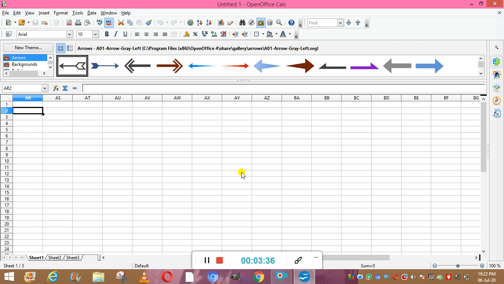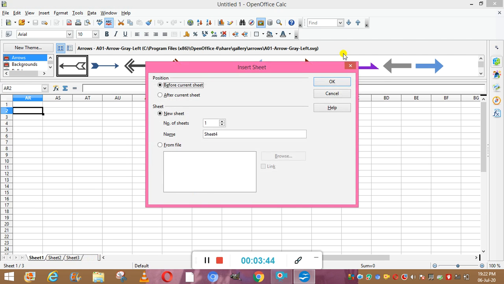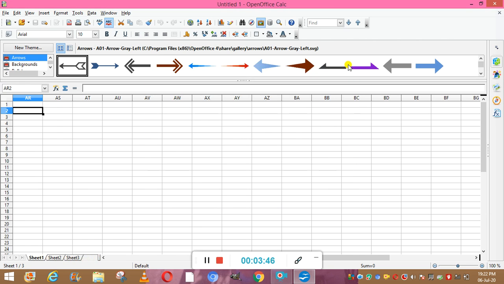After that we have the sheet tabs. So these are the sheet tabs. First tab is Sheet 1, Sheet 2, Sheet 3, and from here you can add as many tabs. Okay, the maximum number of tabs you can add is 255. Then you have the status bar. This one is the status bar, at the bottom, where you can see that Sheet number 1 is opened out of 3 sheets. Then if you click on Sheet 2, you can see Sheet 2 is opened from the 3 sheets.